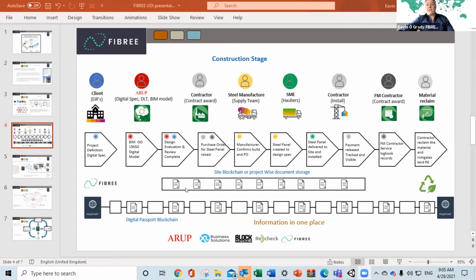So there may be bits that the site blockchain will record, which is purchase orders, maybe the distribution, the installation, and even payment. Some of this information we may want to pick up, some we may not. But the main part is that once it's handed over to the FM provider, he has the information from which to service that building. And while he services that building, he's also adding to the record of every service interval